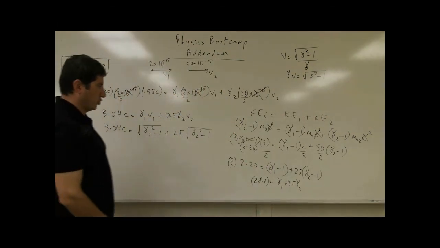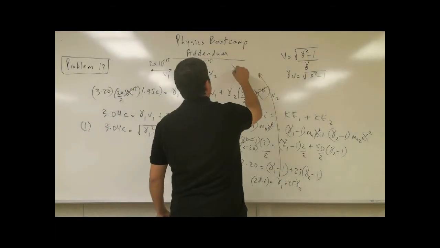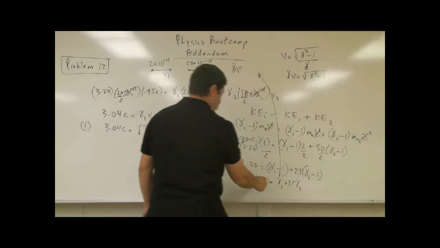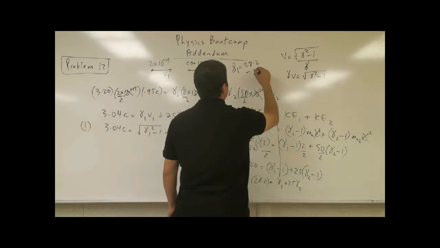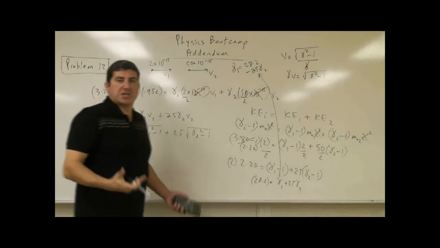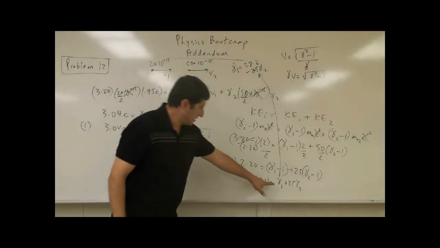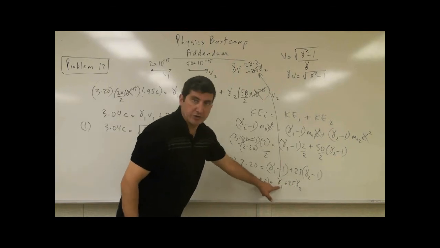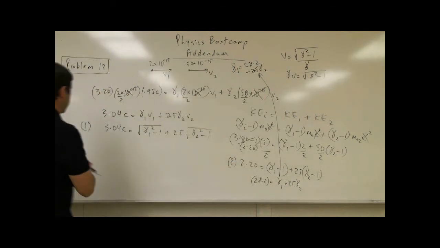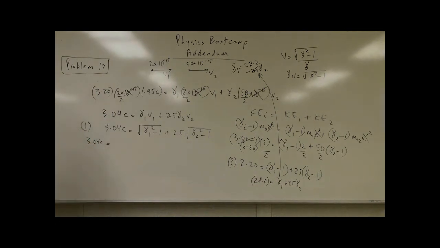Well, here's what I'm going to do. I'm going to say gamma 1 from this. Gamma 1 is equal to 28.2 minus 25 gamma 2. So substitution basically, and then substitute that into here, right? So 28.2 minus 25 gamma 2 is an expression for gamma 1. Substitute that there. 3.04 C is equal to